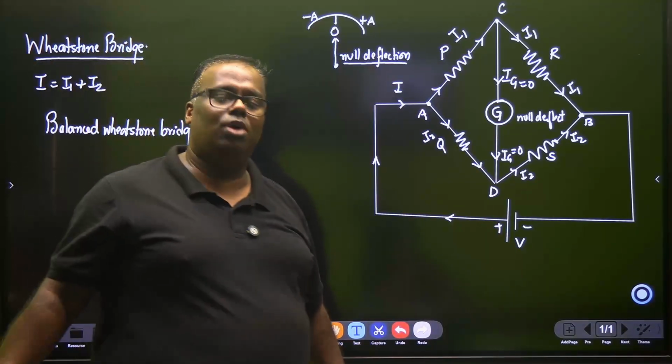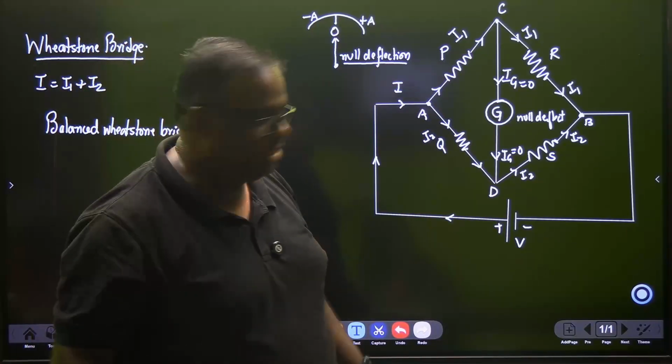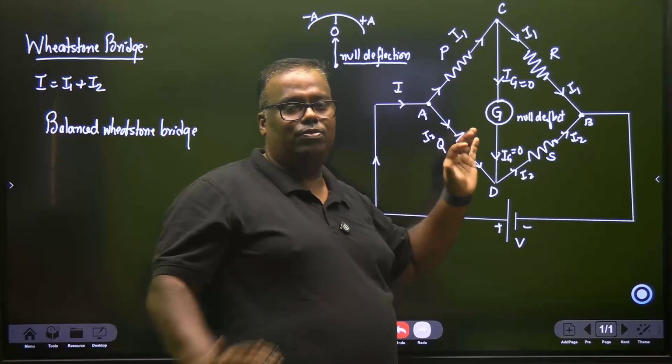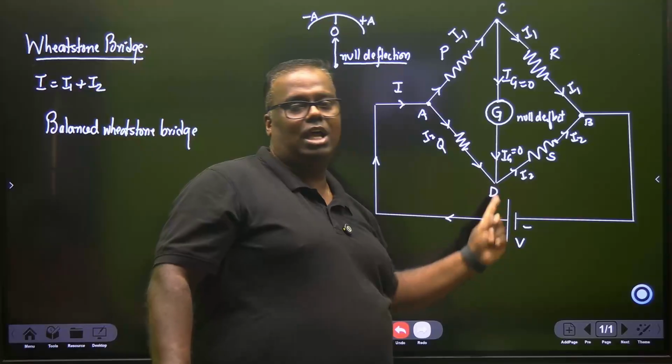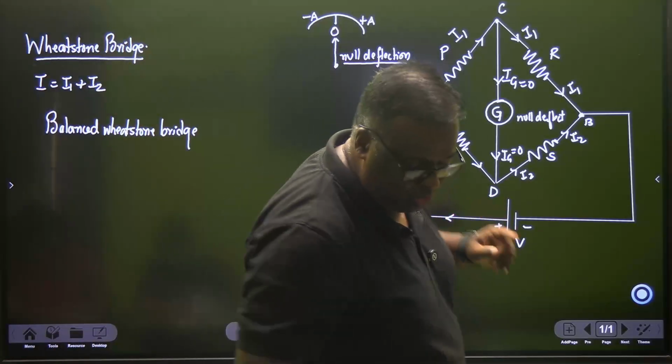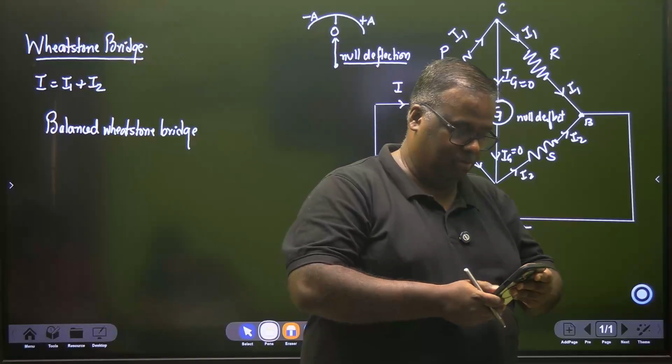Sir, how did you do that? By twisting and tweaking these resistances, I have created such values that this galvanometer shows 0 deflection. And when the galvanometer shows a 0 deflection,